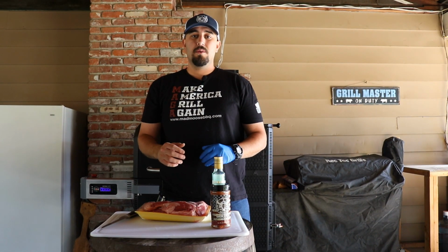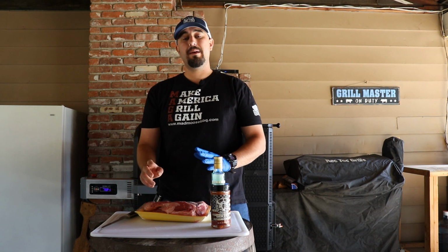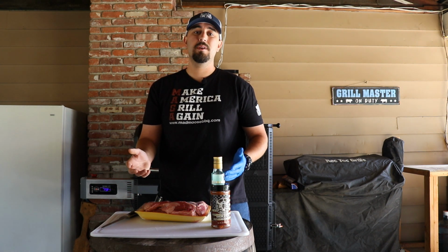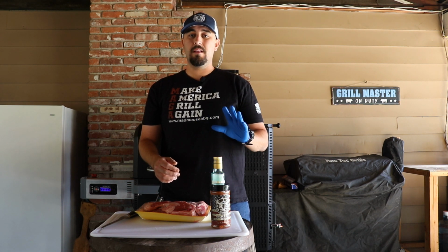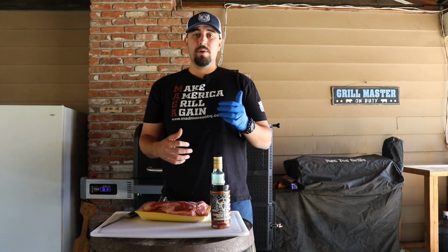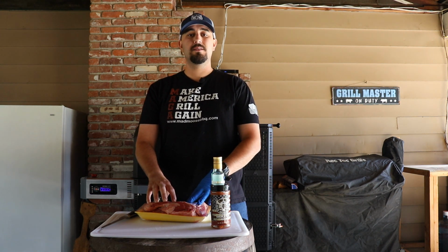Okay guys, so like I said, what we're doing today is we've got a 3.78 pound tri-tip. So it's a really big tri-tip. It is untrimmed, so we'll be probably cutting off, I'd say at least half a pound of fat from it, but we are gonna leave a lot of it on just because I like how it crisps up and the flavor it gives. We are going to be cooking this at 225 degrees